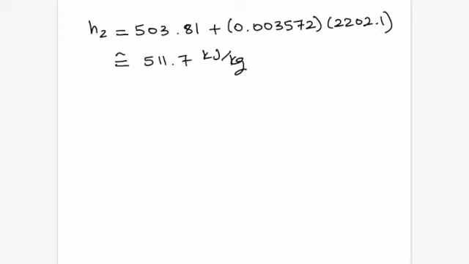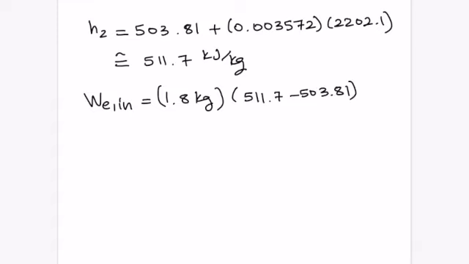Now we know H1 and H2. I am able to put it in the energy balance to calculate electric work: mass times H2 minus H1. Then you calculate this to be